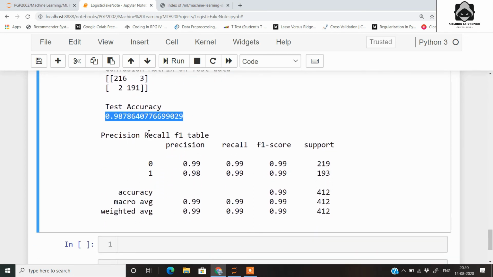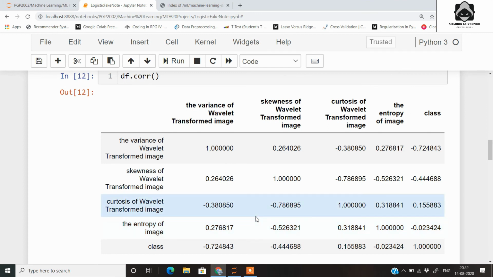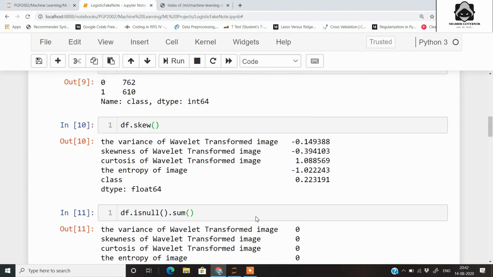Let's check out this classification report. The difference between precision and recall is that precision gives us the confidence amount of the predictions, whereas the recall tells us about the actual predictions, that is 99% of the total zeros were actually 0, whereas 99% of ones were actually 1, whereas precision only gives us the percentage of confidence in our model. Besides that, we have this separate metric, the F1 score, which is the harmonic mean of precision and recall. This was all about the project that I wanted to show you in this video.